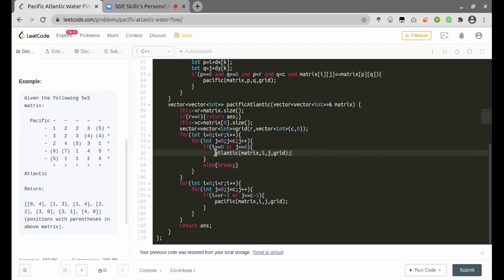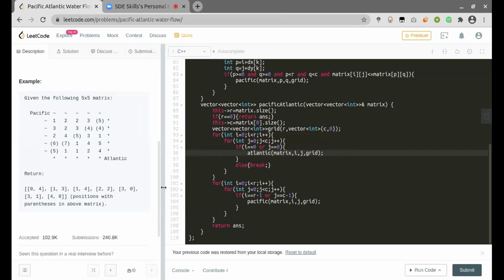This Atlantic function will mark all the nodes with 1 where I can reach from the Pacific Ocean. I did this in the opposite manner, I guess. No problem. So what will happen here is when the function Atlantic is called, this means that